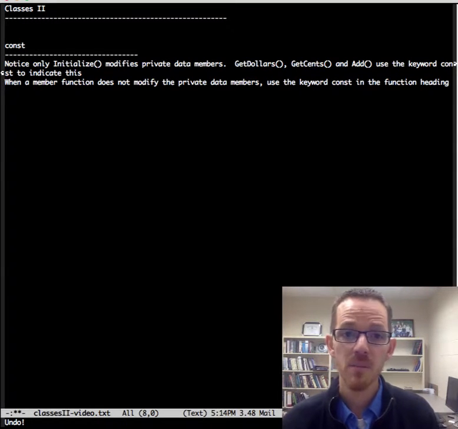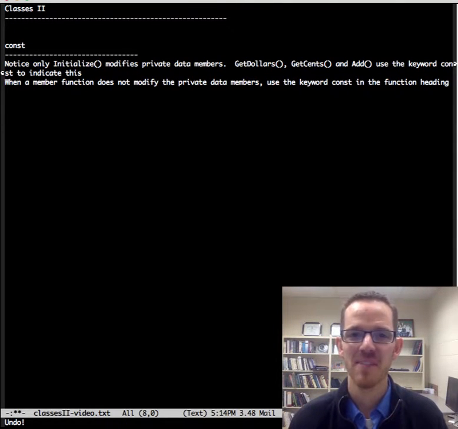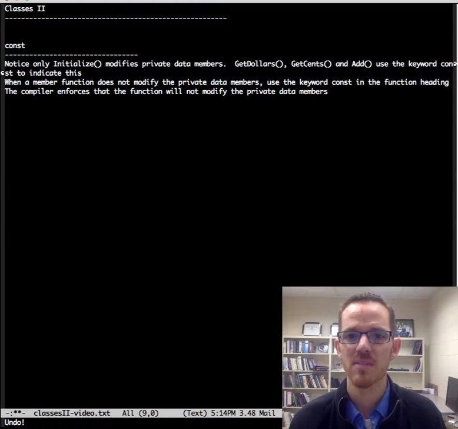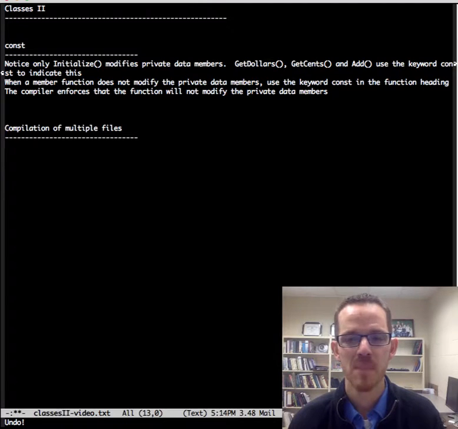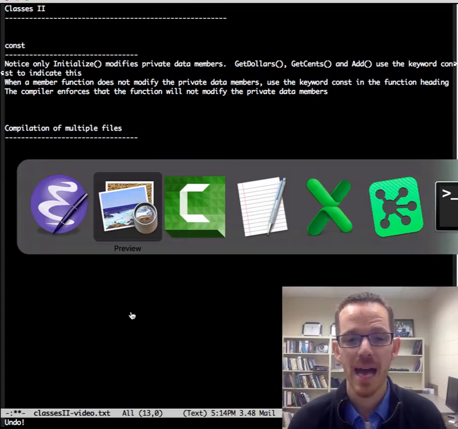So when a member function does not modify the private data members, use the keyword const in the function heading. What that does is it allows the compiler to enforce that this is what will happen, which is following good software engineering principles. Okay. Now that we've talked about multiple files, let's talk about how they are